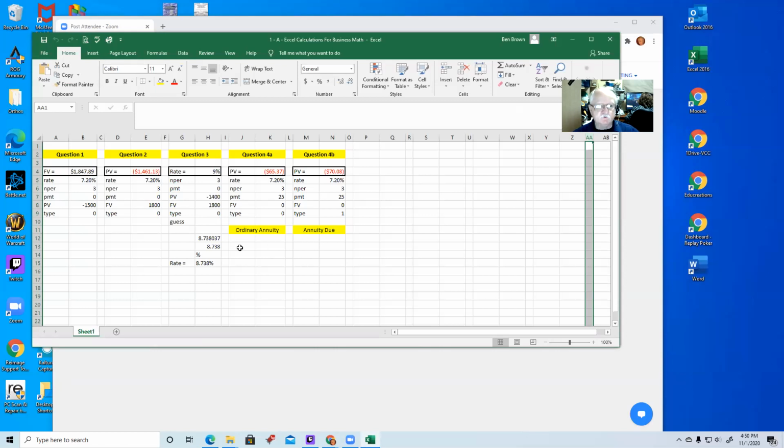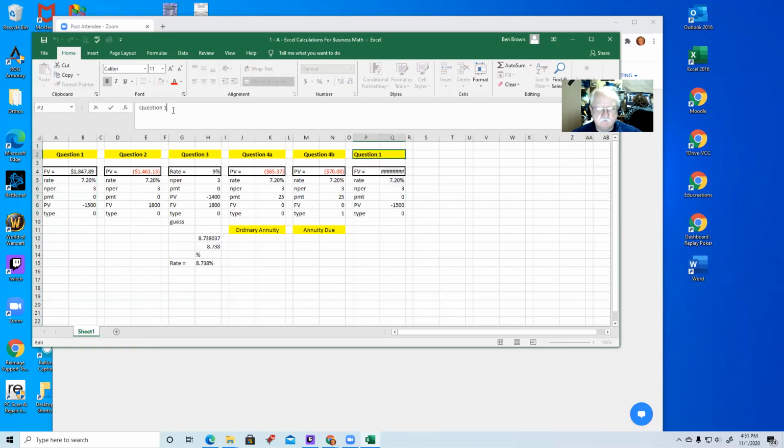And we're looking for the future value. So let's go back to this one and copy it. And so this is now question 5. And the rate is still 7.2%. The number of periods is still 3. But now notice we have a payment. So the payment is 25,